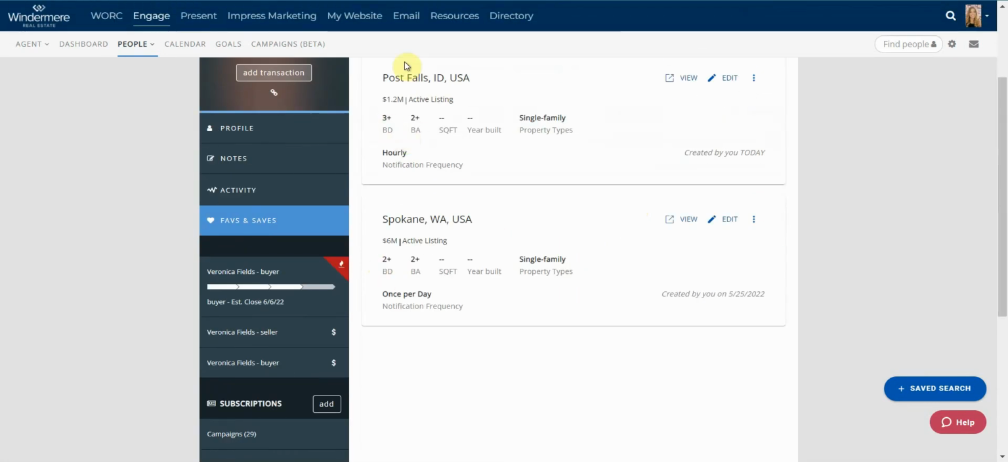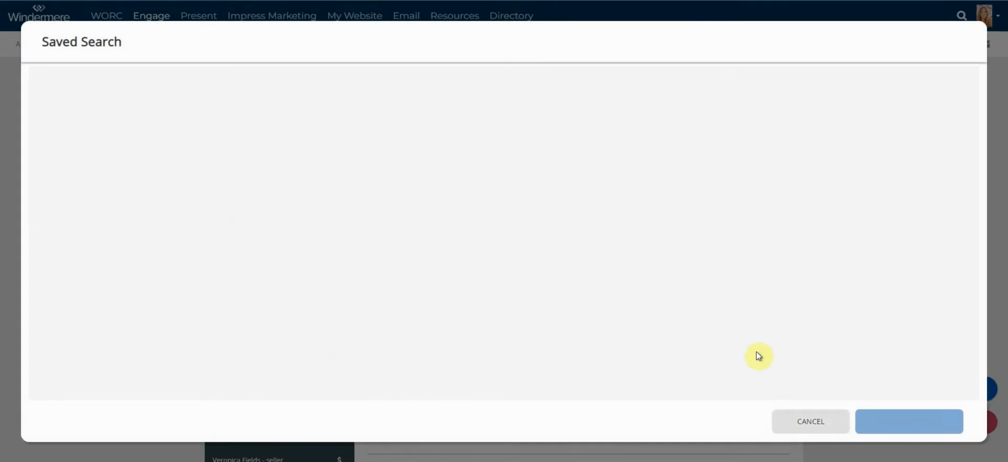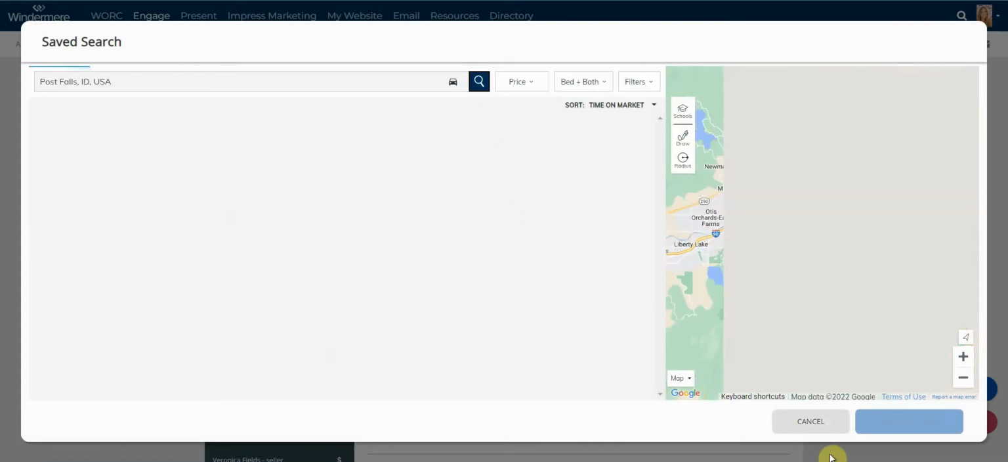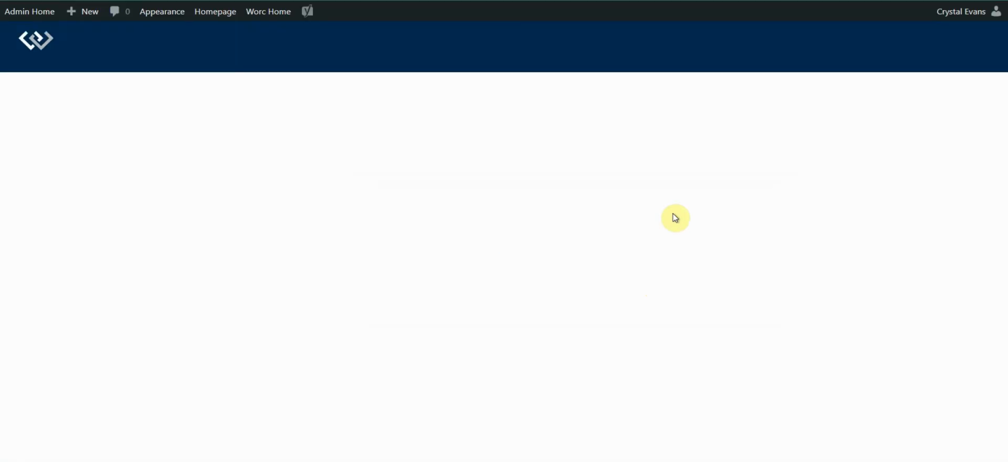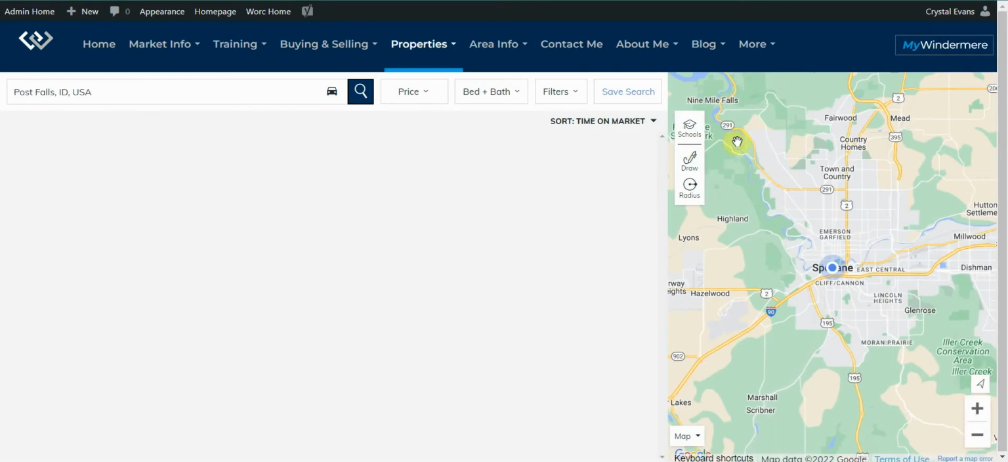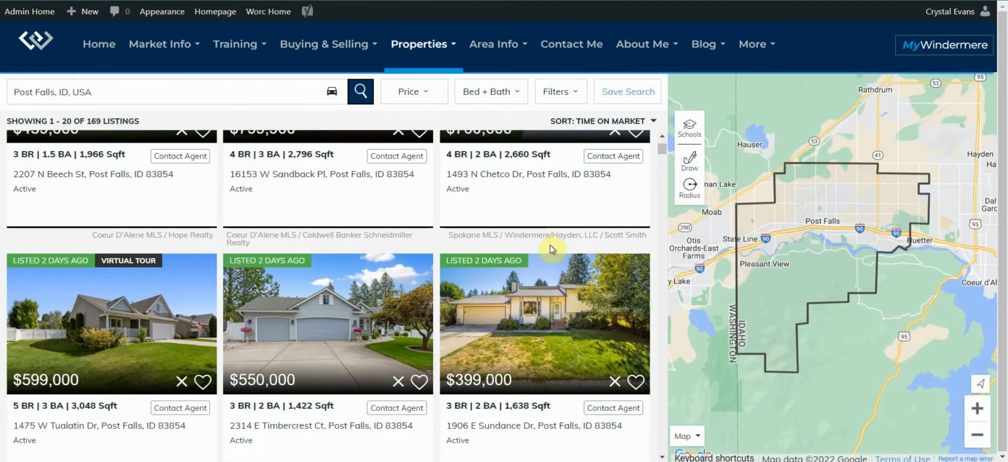But then it just takes us back to this screen here. I can see my search that I put in. If you need to make changes in it, you can always just go in and click edit, make any of the necessary changes you want. Or if you want to see what's available, maybe see what you sent to them, you can go ahead and click that view button and it will take you to your agent website